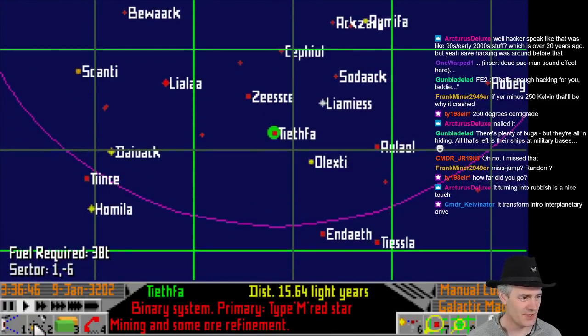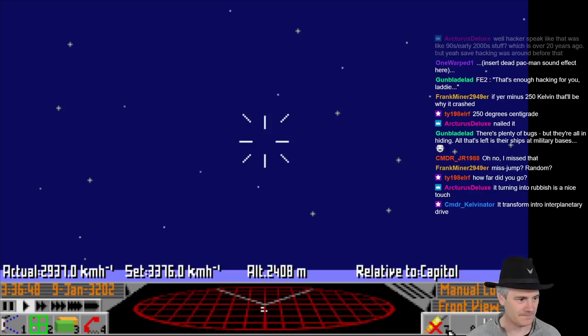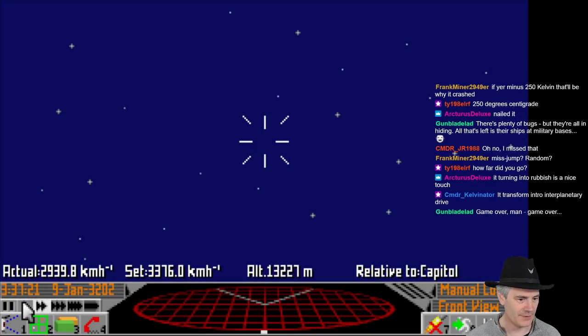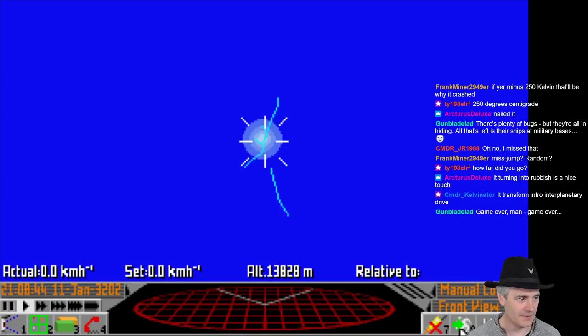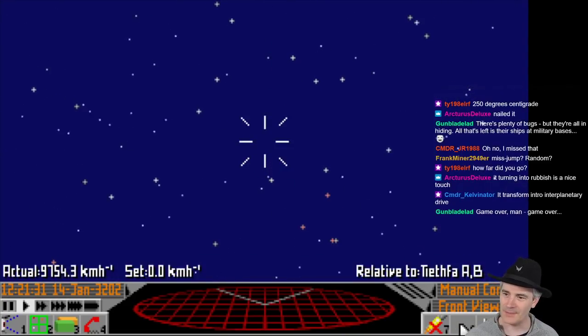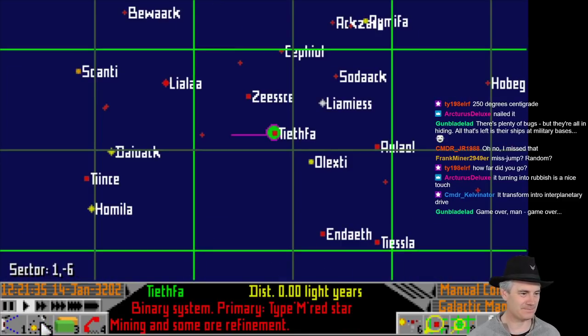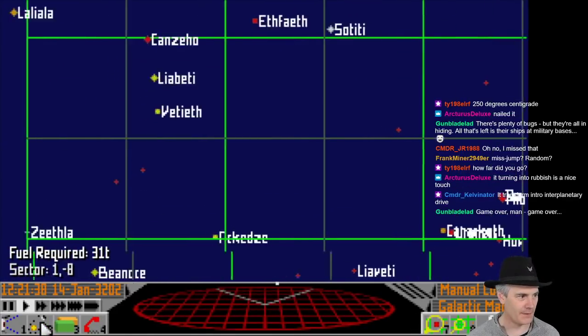I don't know why we got a missed jump. That was different. Anyway, we'll do it again. Right, there we go. Boom. No missed jump this time. So we had that sort of red hyperspace effect. Yeah. Game over, man. Game over. Now we get that funky...